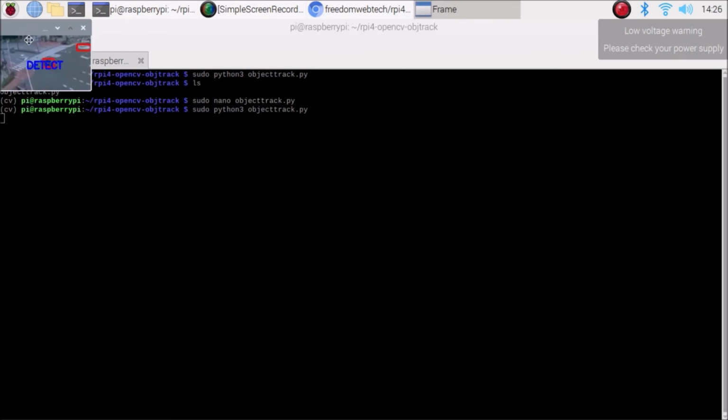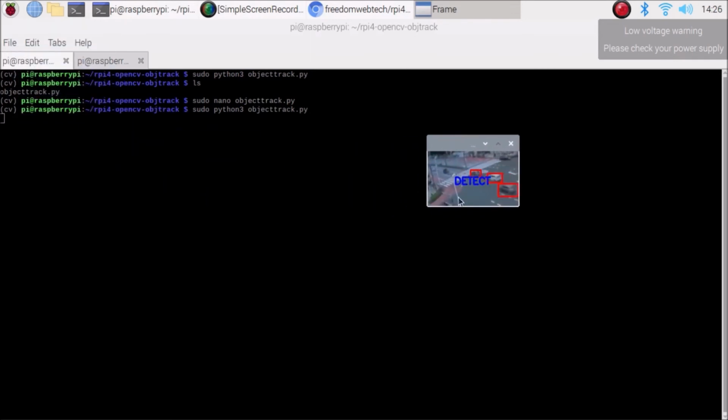As you can see here, the frame is too large, but I have created this region of interest area. That's why it's detecting only that particular area.